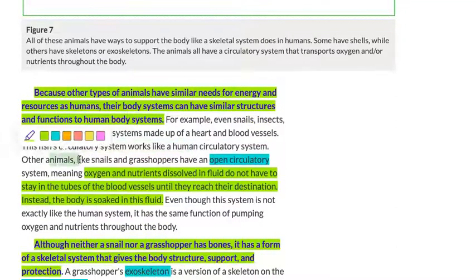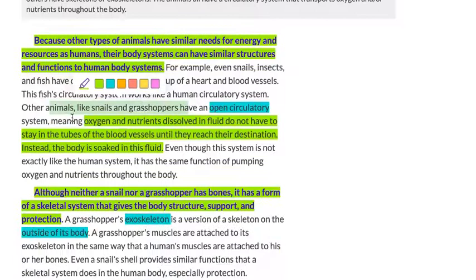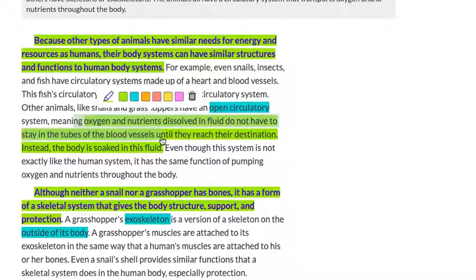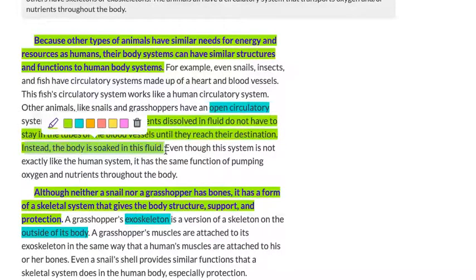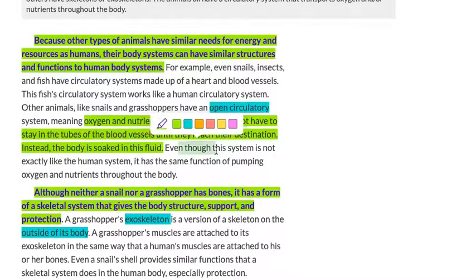Other animals like snails and grasshoppers have an open circulatory system, meaning the oxygen and nutrients dissolved in fluid don't have to stay in the tubes of the blood vessels until they reach their destination. Instead, the body is soaked in this fluid. And even though the system is not exactly like our system, it has the same function of pumping oxygen and